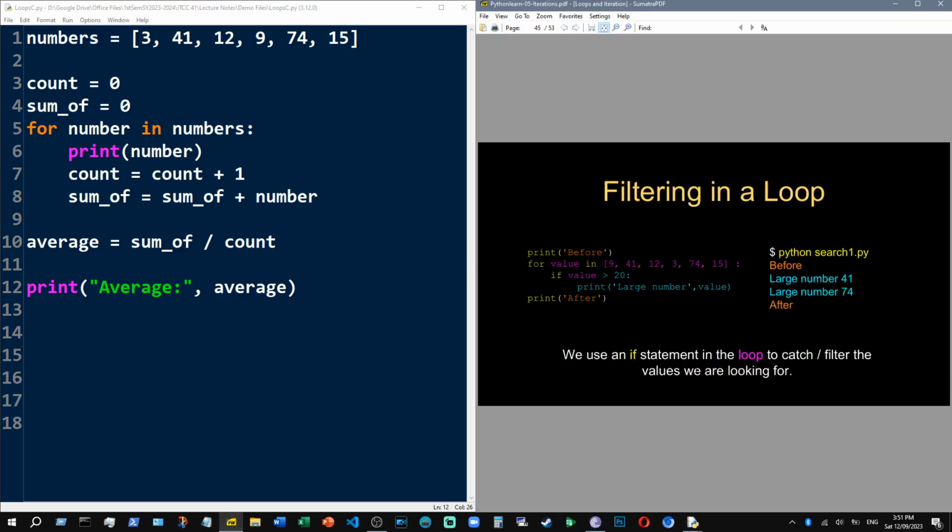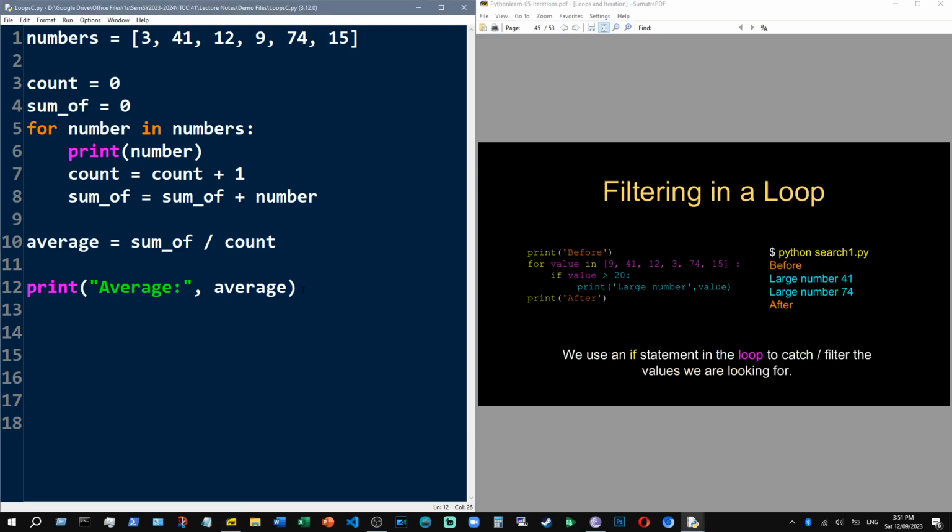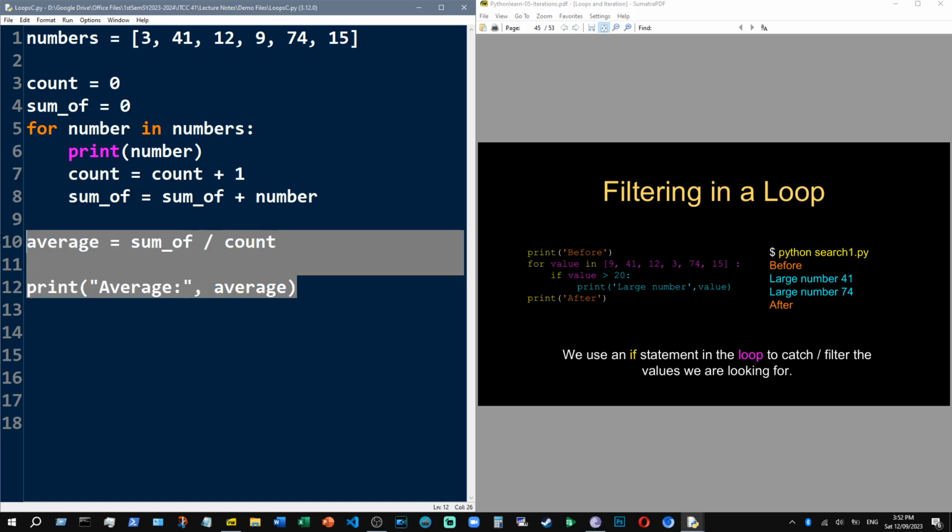Finding average, filtering in a loop. So filtering in a loop, it's like you are limiting the printouts to a certain range of values. So in this example, let's say you only want to recognize numbers larger than 20 as large numbers. So if we're going to change that here,